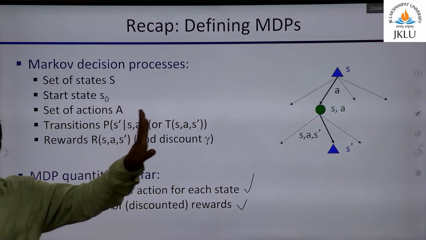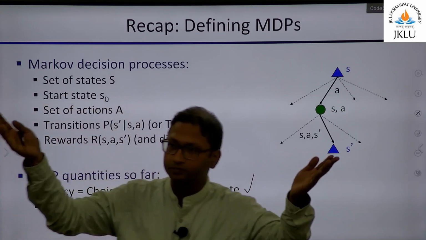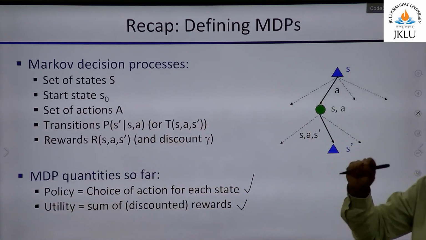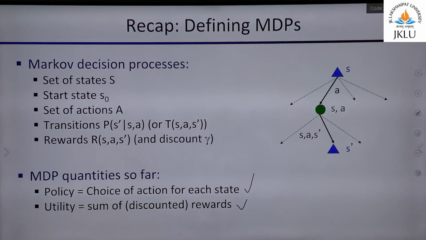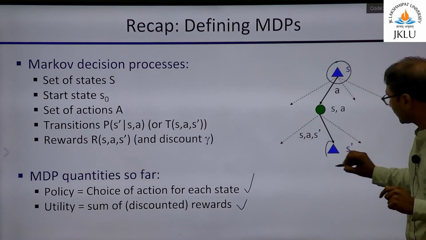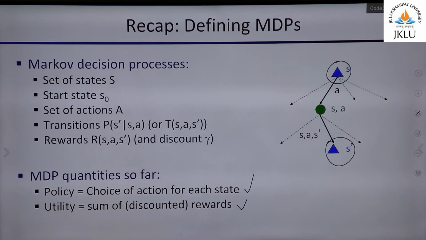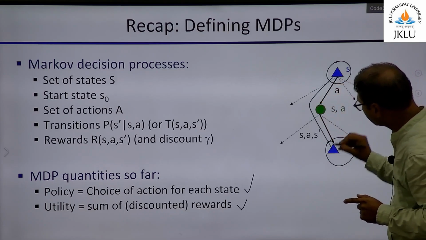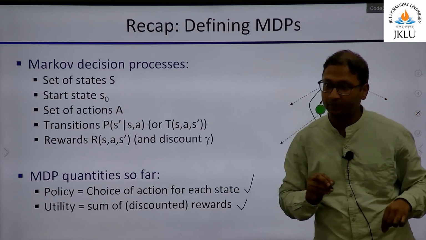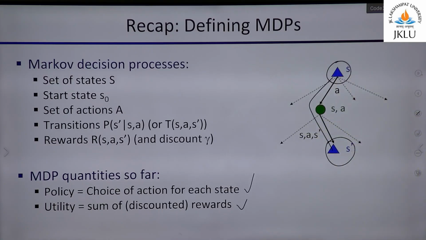So don't go for summation. Start with inside out. Right now you are at S. You are going to S prime. So reward from S to S prime when you take action A. This is the scalar that you are going to get for this step, the current step. What was the additional term? Plus